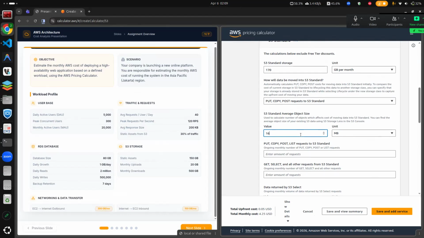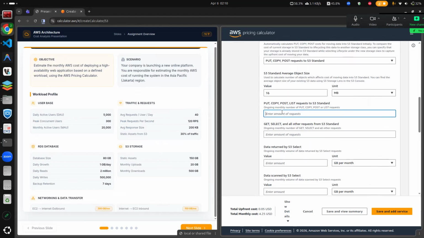Let's put around four files just for JavaScript, and assume this. Just leave it that way. And for this, put copy, post, list request to